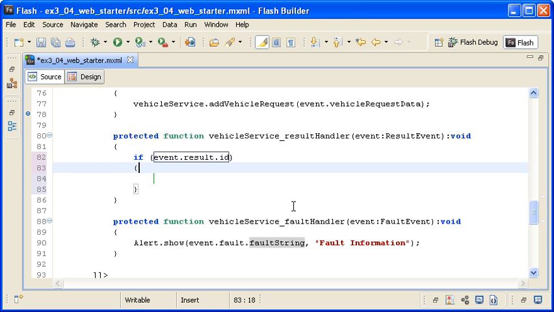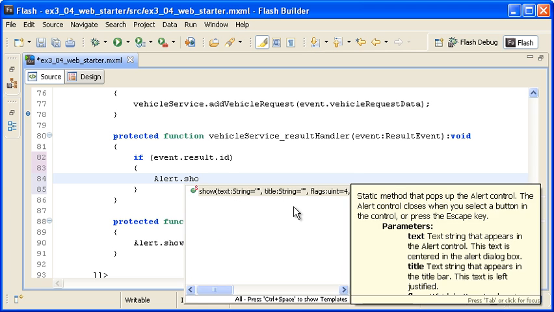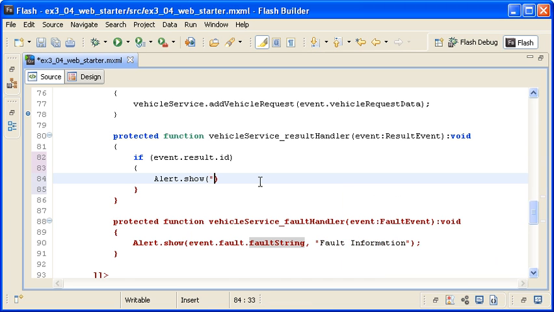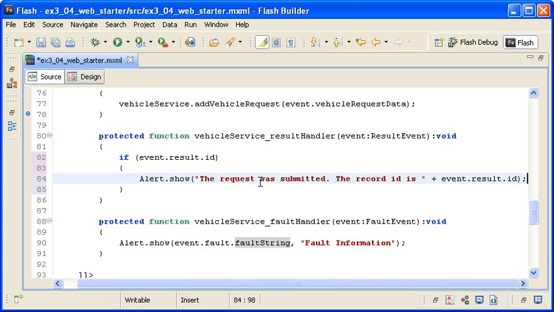Within the if statement, I'm adding another Alert.show method. The request was submitted. The record ID is, and then concatenating the event.result.id value. I'm saving the file and running the application,